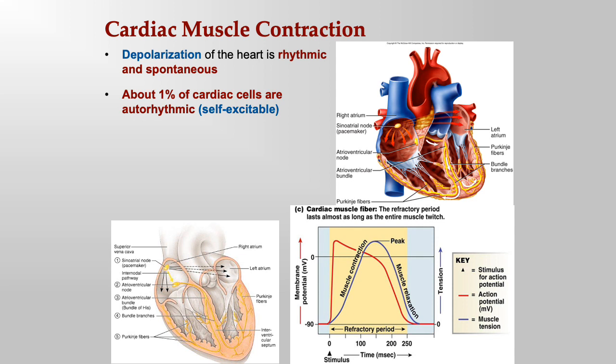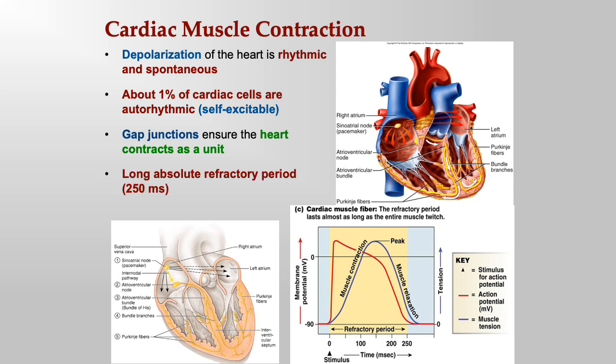They create their own pulses, their own electrical impulses, all right? Gap junctions ensure, again, that the heart contracts as a unit, and the heart has a long absolute refractory period. So what happens here is once the heart beats,